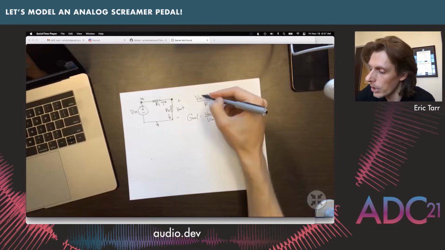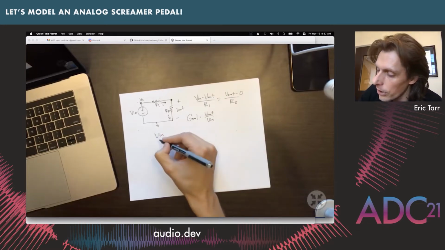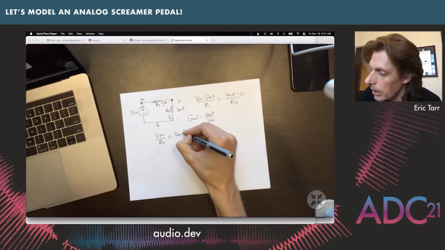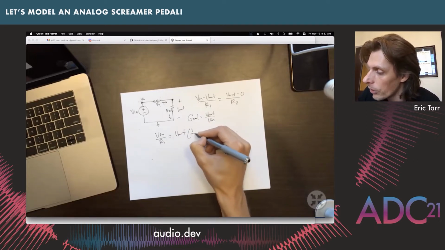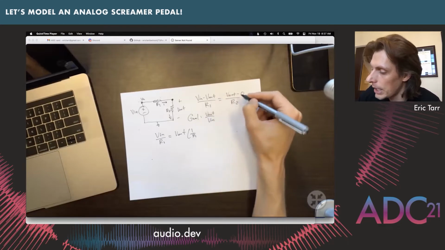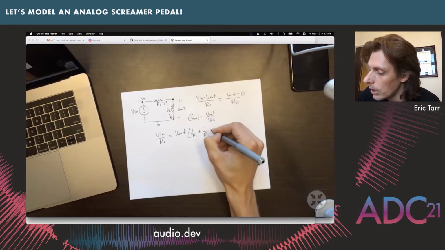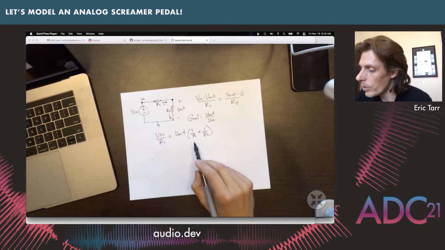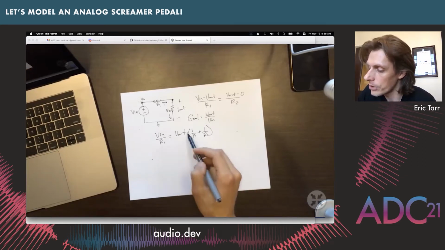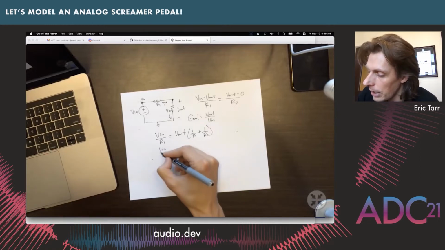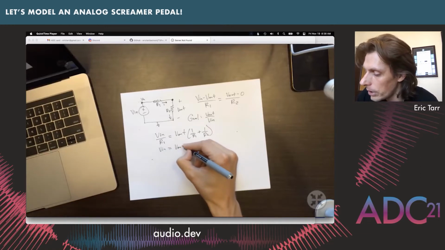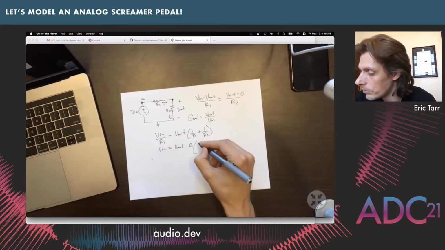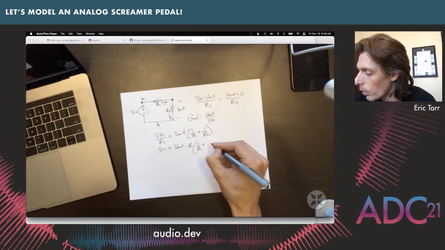Doing some algebra, we'd have V in over R1 is equal to V out times 1 over R1 plus 1 over R2. So we move this term over to the other side, and we can multiply this term over to the other side: V in equals V out times R1 of 1 over R1 plus 1 over R2,